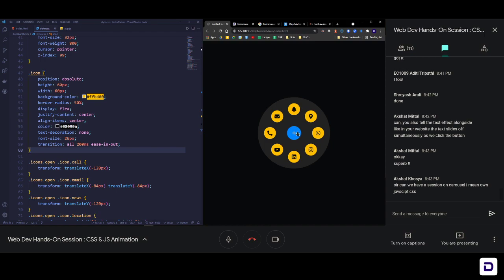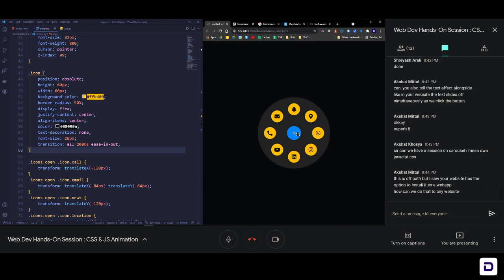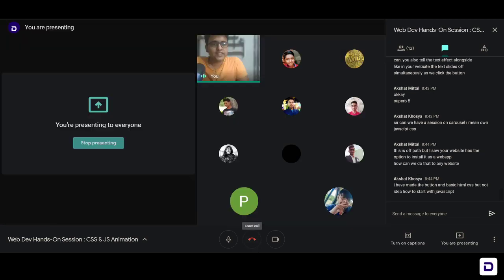Because you will have to know JavaScript properly for that one. So hands-on sessions, basically I like to keep them small interactions and animations, so that you're able to follow along when I code. Because these things you can easily follow along, and you can create something of your own, and it feels nice when you create something. So that's why we focus more on these interactions, so that you understand CSS more. But that carousel would require proper knowledge about JavaScript. That is why we have not done it till now. But yeah, if you guys want it, we will do it later on in some week.